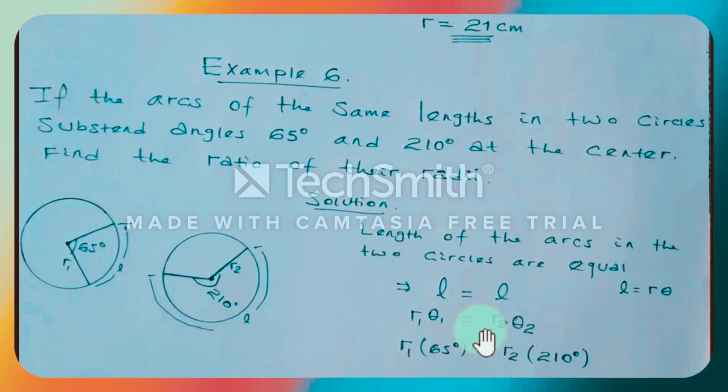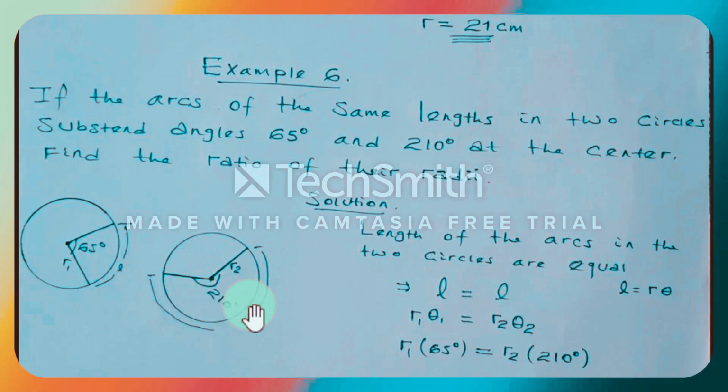ስለዚህ R2 radius of arc length of the second circle means what? radius of its radius R2 times what? its central angle theta 2። ስለዚህ R1 ኦቨር ይሄኛውን ወደዚህ ብናመጣ ኦቨር R2 ብናደርግ ይሄን ደግሞ ወደዛ ወስደን ቴታ 2 ኦቨር ቴታ 1 ጋር እኩል ነው ማለት ነው። R1 ኦቨር R2 ኢኳል ቱ ቴታ 2 ኦቨር ቴታ 1። ይሄን መልሰን ክሪስ ክሮስ ብናደርግ ይሄን ነው የሚሰጠን ማለት። therefore R1 times ቴታ 1 is 65 degree, the central angle in the case of the first circle is equal to radius of 2 times what? ቴታ 2 which is 210 degree። ግን ይሄ ምን እንግዲህም